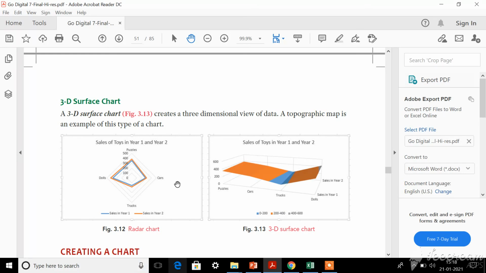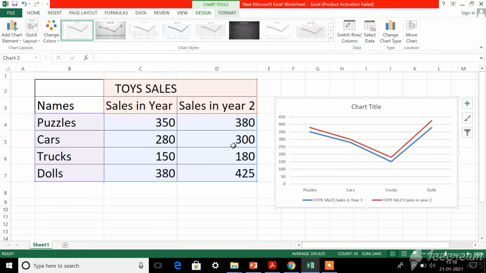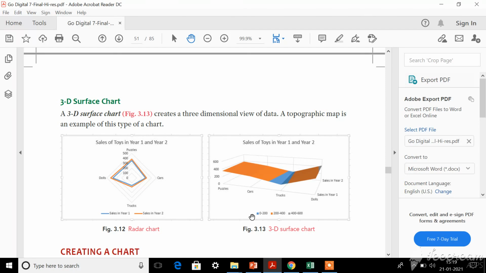Dear children, in the beginning I told you how to create a chart, isn't it? Using this Excel worksheet I showed you how to create a table, and also how this chart would look. You don't have to practice this time because I did not give you a step by step explanation. So I want all of you to read whatever I have taught today. That is the practice work for today. Learn again whatever I have taught you. Go through your book, read line by line, and if you get any doubt, you can ask me.